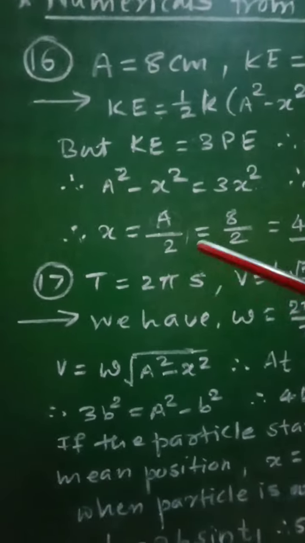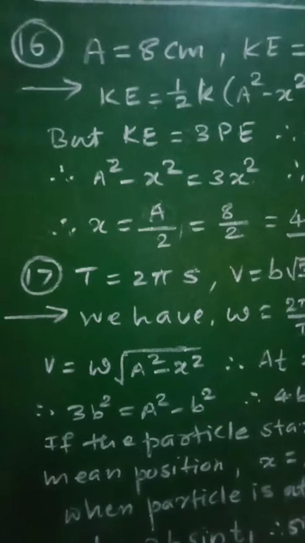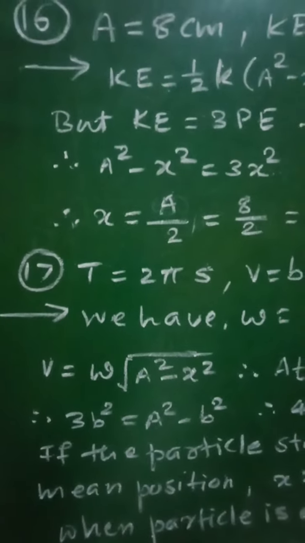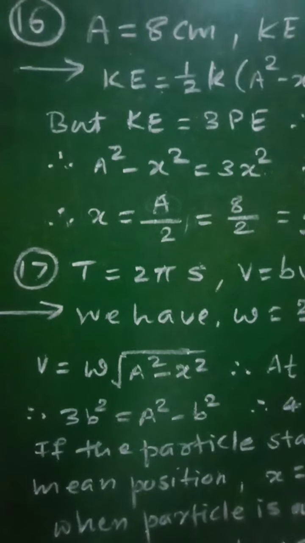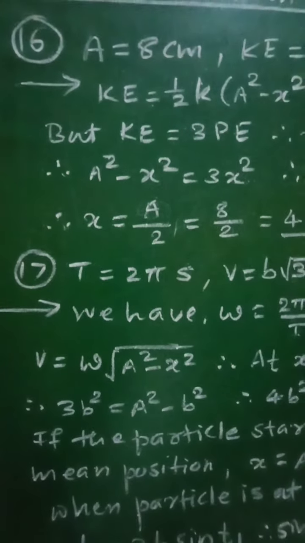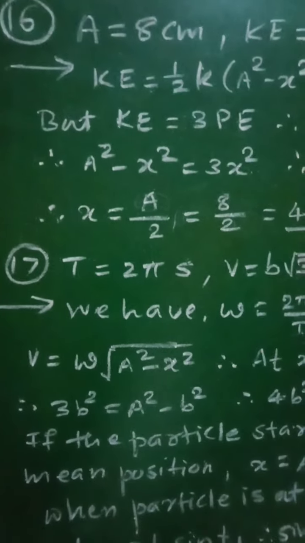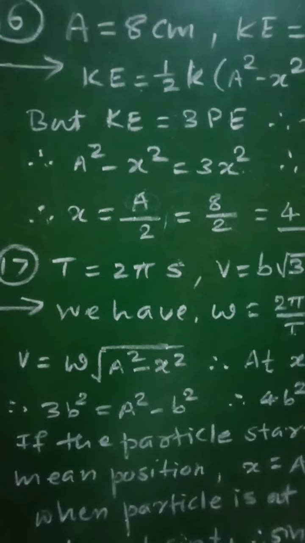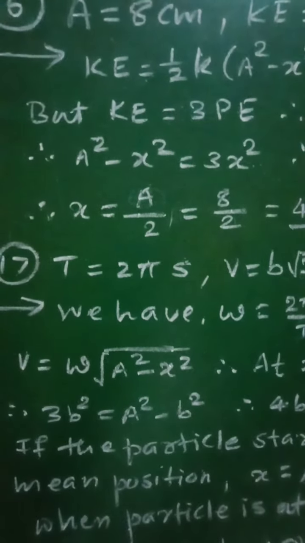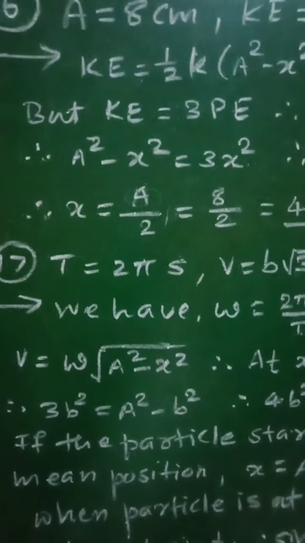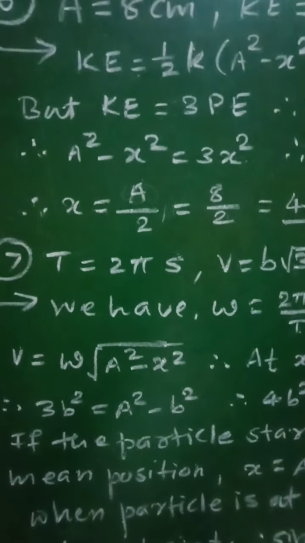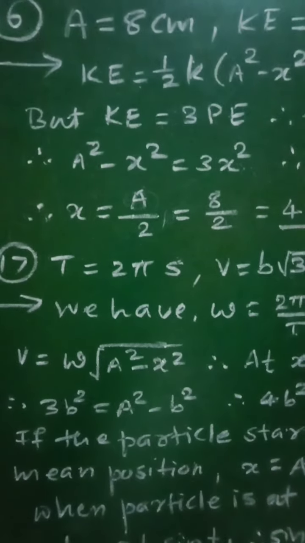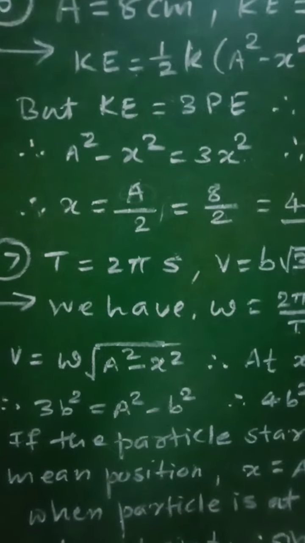Now let us consider the next numerical, numerical number 17, which is stated as: a particle performing linear SHM of period 2 pi seconds about the mean position O is observed to have a speed of b root 3 meter per second when at a distance b meter from point O. If the particle is moving away from O at that instant, find the time required by the particle to travel